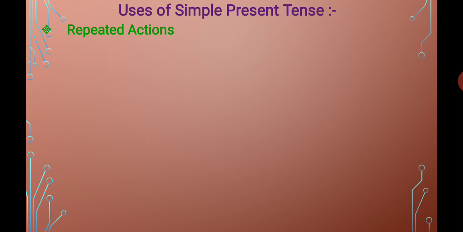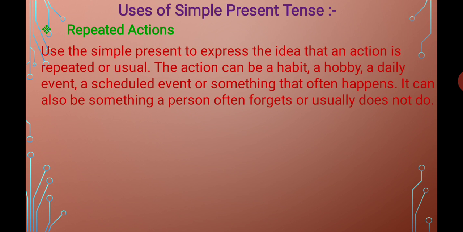What are repeated actions? Let's see. We use the simple present tense to express the idea that an action is repeated or usual. The action can be a habit, hobby, daily event, scheduled event, or something that often happens. It can also be something a person often forgets or usually does not do. So repeated action means if it's your hobby, your routine, your daily work, daily schedule,